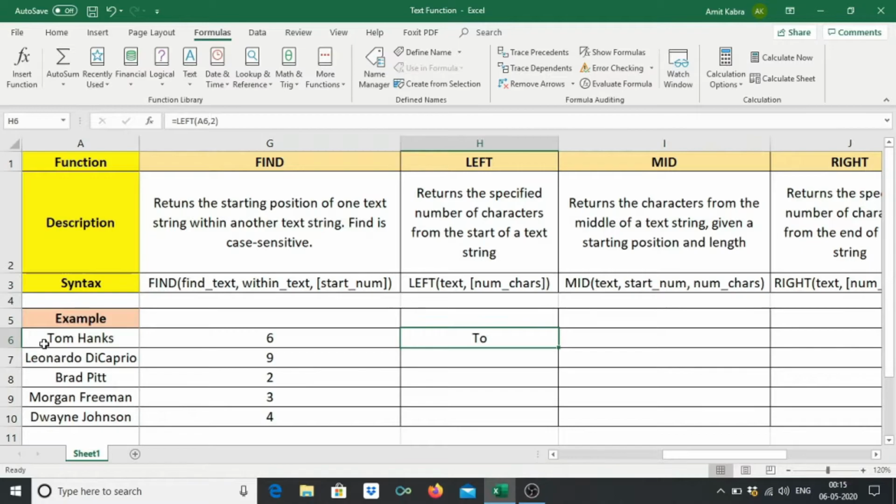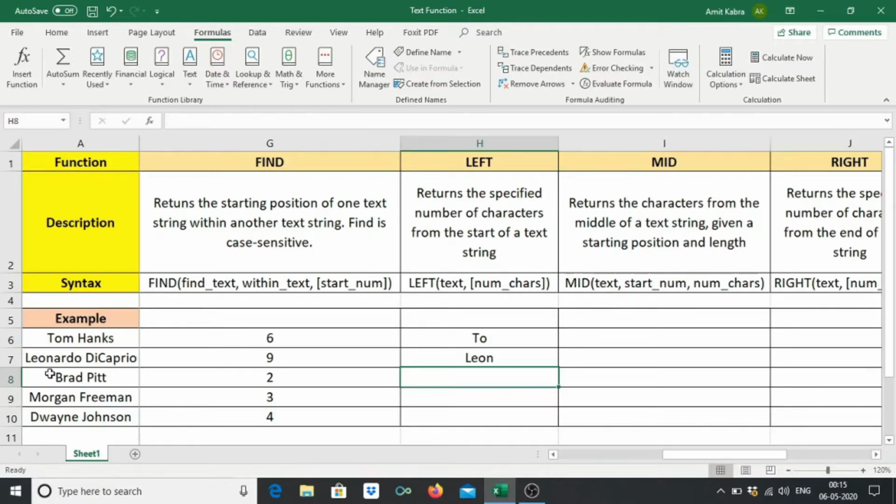So you can see TO, 2 letters, has been returned. Similarly, if you want to return 4 letters from Leonardo DiCaprio, it will be equal to LEFT, this, comma, 4. Now it will return 4 letters from the left of the word, so LEON. So this is the function of the LEFT function.